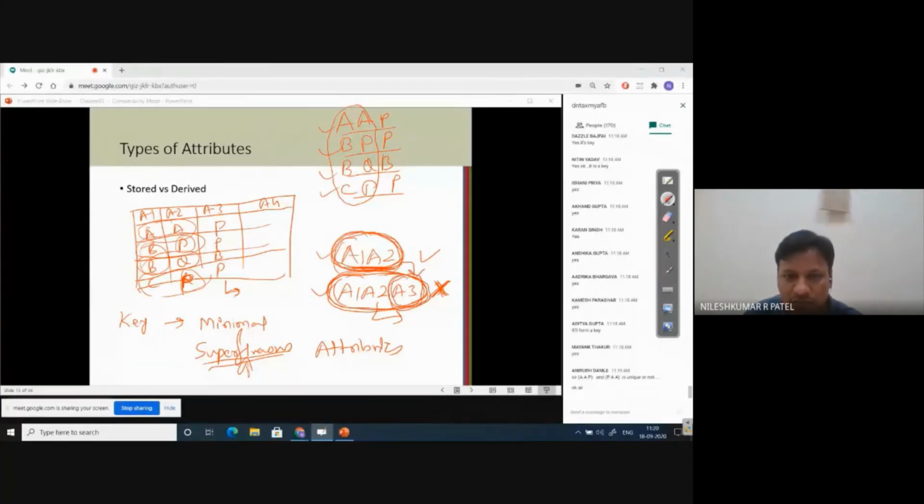So A3 becomes a superfluous attribute. So A1, A2 is a key, but A1, A2, and A3 is not a key, right? It is not a candidate key. So this is the meaning of key: it must be minimal and it should not include any superfluous attribute, right?